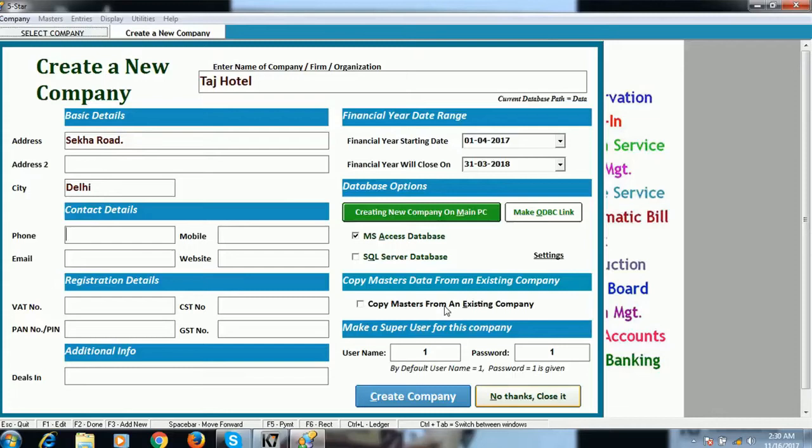After that we will put our phone number, and mobile number, email ID, and website. If you have a GST number, then here we will put the GST number.